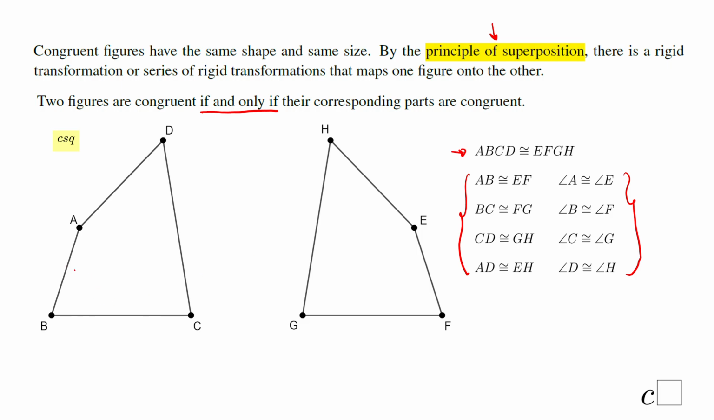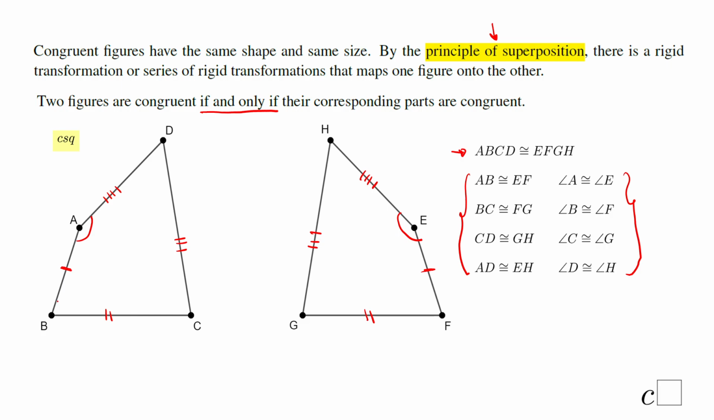Let's see them. AB congruent to EF, BC congruent to FG, CD congruent to GH, and the last set of sides, AD and HE, or EH. So we have these four corresponding congruent sides, and also angle A congruent to angle E,